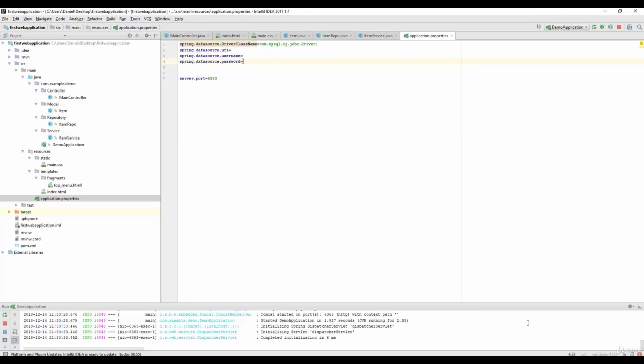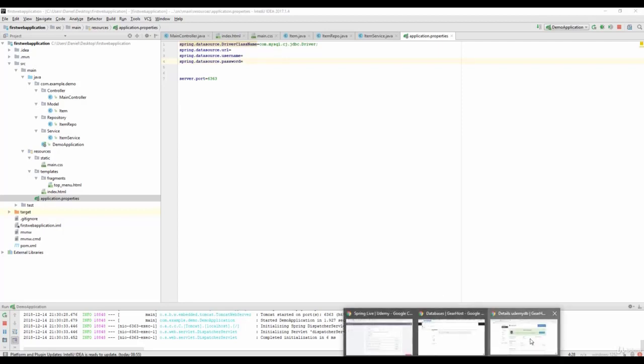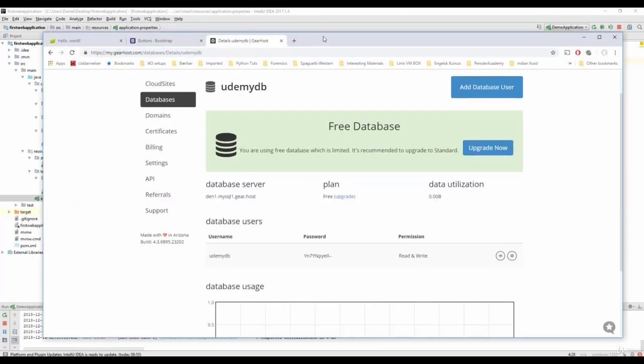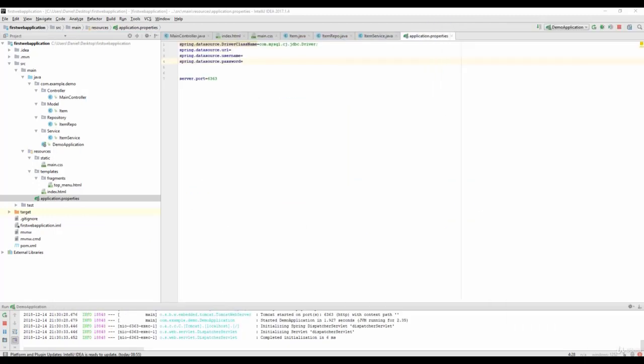So I'm gonna go back to this window here. I'm gonna pull it to the side. Now we need our URL and the username. Now I'm gonna put in the username first and then the password, and the URL is a bit special, so I'm gonna